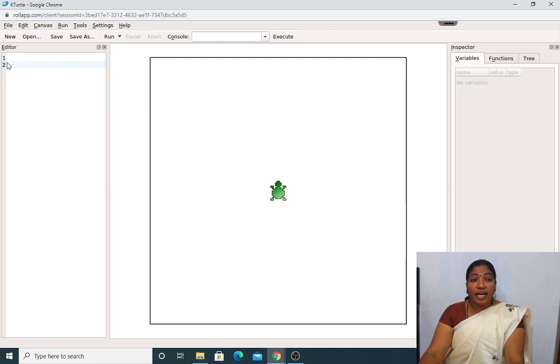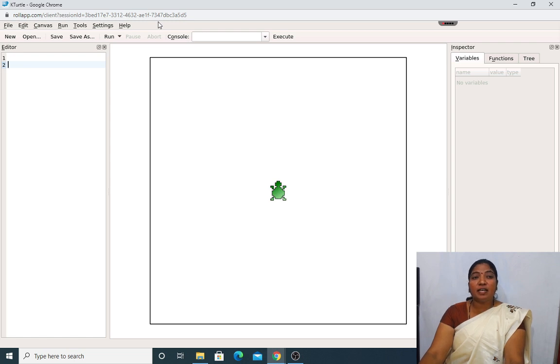Where I'll be writing the commands, I'll be writing in the editor pane, and with the help of these commands, the turtle moves in the upward direction, downward direction, left as well as right. But apart from that, the inspector pane also plays a very vital role in showing the information about the turtle.